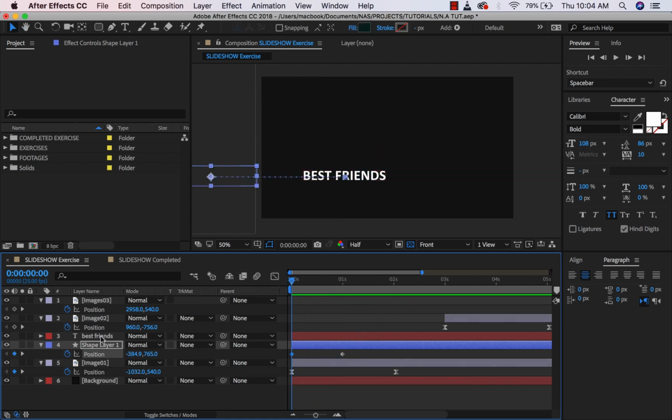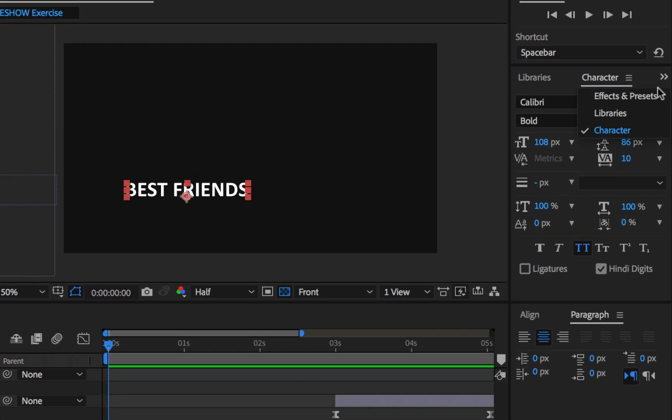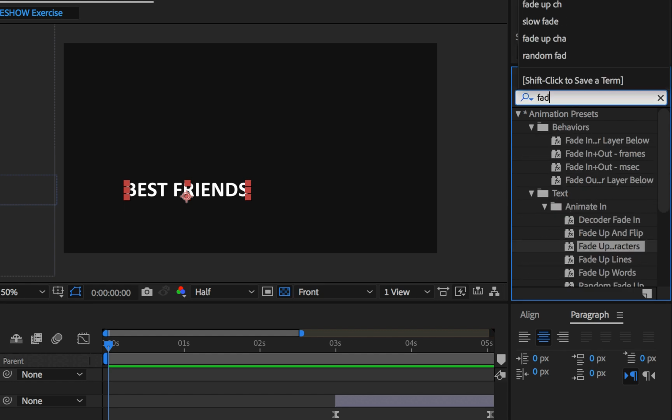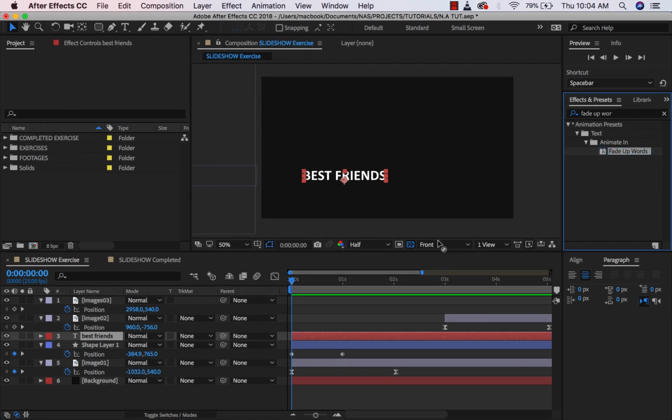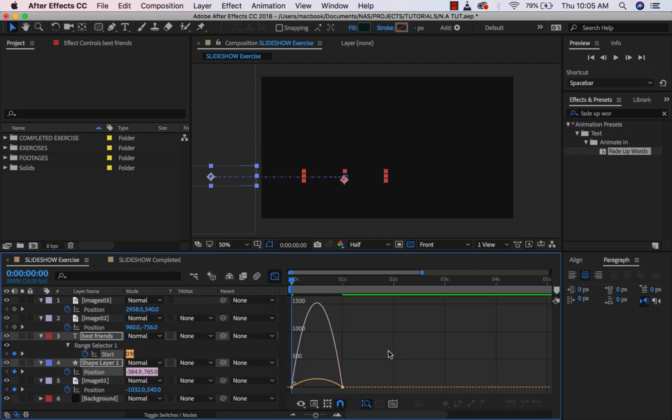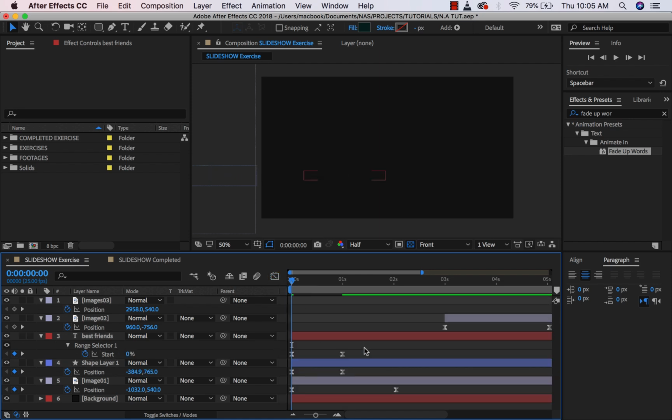Of course, I also like to animate in our text. I like to use a text preset, so I'll go to my effects and presets, then type in the one I would like to use, fade up words, and drop it on top of my text. If I press U, I can take this and make sure they're all in 1 second, so I can align the two at the same time. Apply easy ease, open the graph editor, align the two together, then squash it. I'm going to check this, and if I play this now